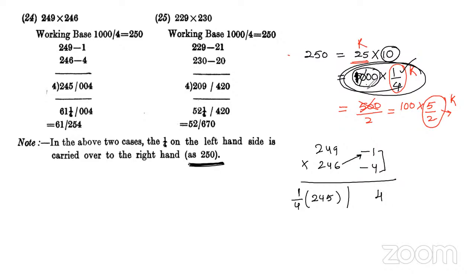But the theoretical base is 1000, you can see. That means 3 places are fixed here. So I can put 0, 0 here. And if you see, when you are dividing 245 by 4, then you are getting 61, 1 by 4th, and 004. So it is not a correct answer. It is not a correct answer. Okay, then what we have to do here,